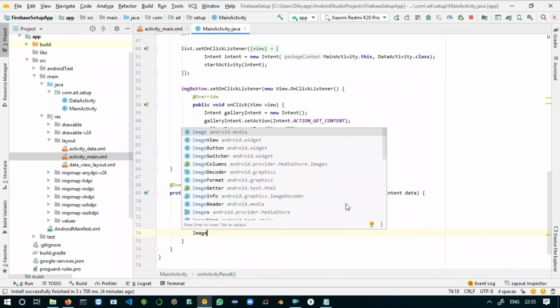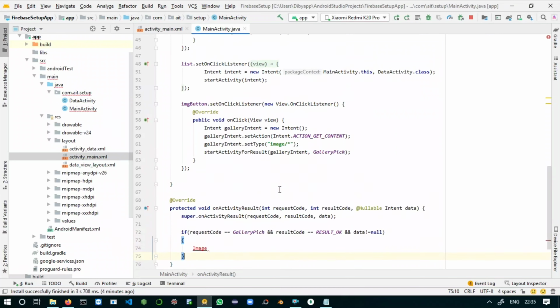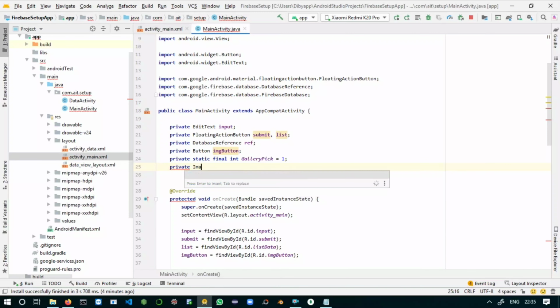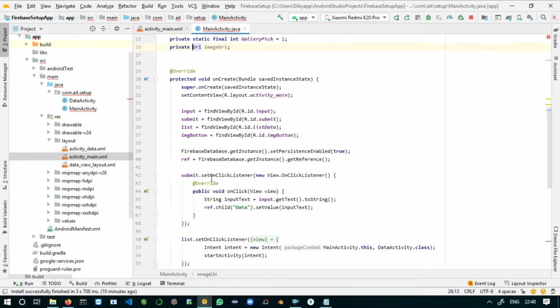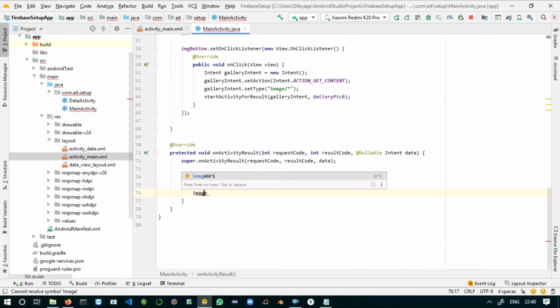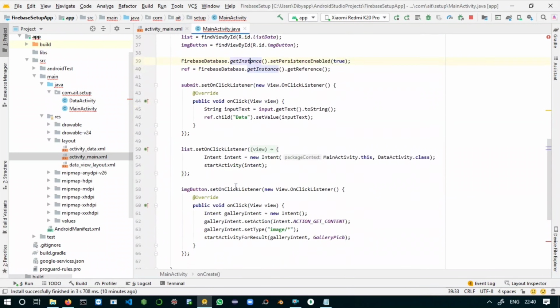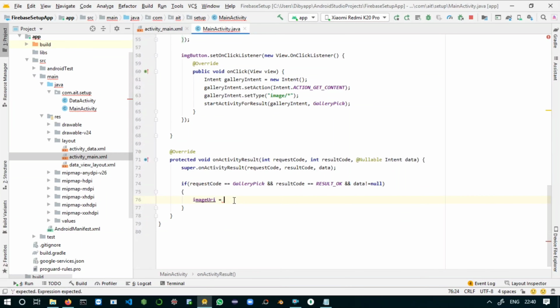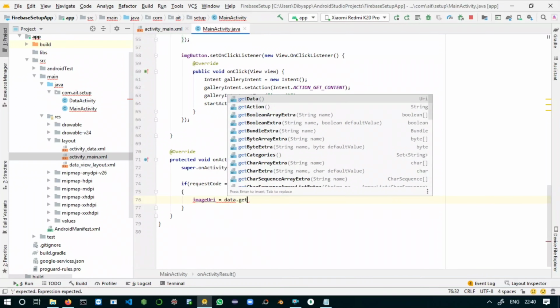If this condition is satisfied, we will take another Uri: private Uri imageUri. Just import it. Here you can say imageUri equals data.getData, fine.